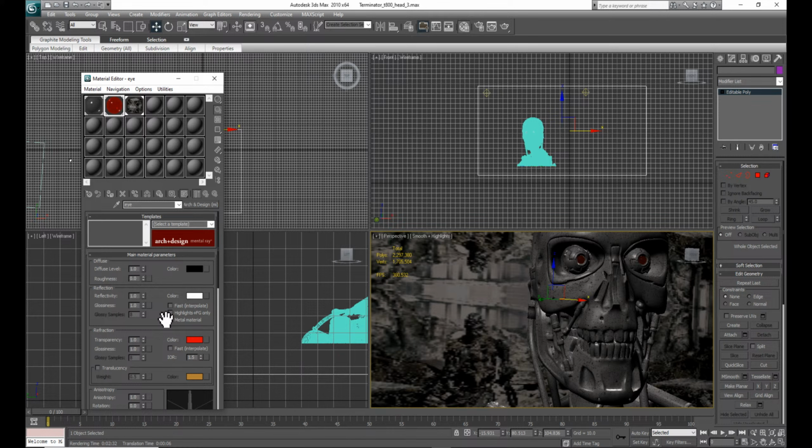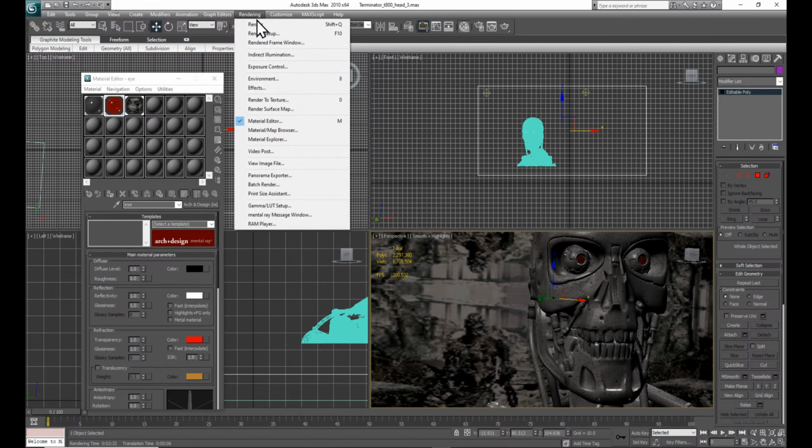To do that, we can do it through transparency at 1, glossiness, IOR. Let's do the IOR at 1.9 instead of 1.5. Let's try that first, and then if it's not going to work out,